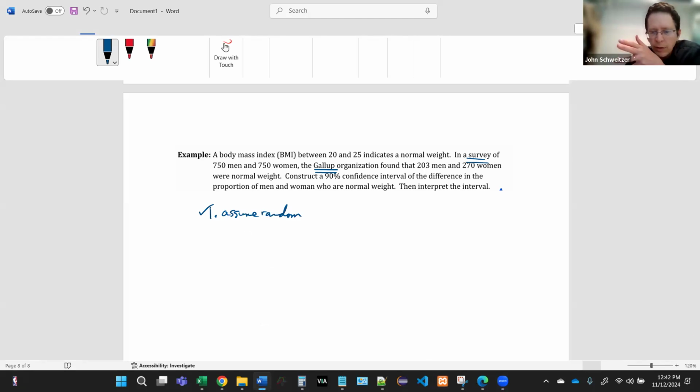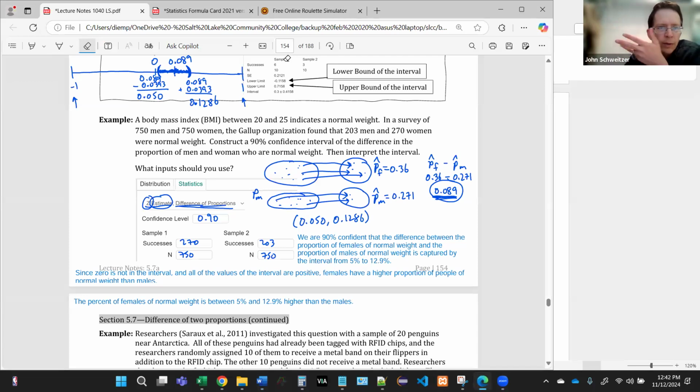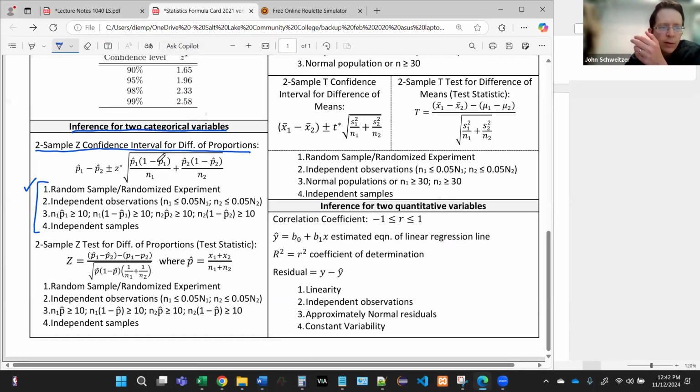So let's assume that first one a little bit. If you're on the exam and you're convinced it's not random, then just write down you don't think it's random and then continue on with the rest of the problem, okay? The second thing is independent observations. Okay, we have 2 different samples, right? So within each sample, we have to make sure that the females in that sample are unrelated to each other. We don't want 750 females from one town in southern Utah or something, right? So we want it to be spread out. And the way we do that is by making sure that the sample is less than 5% of the population,